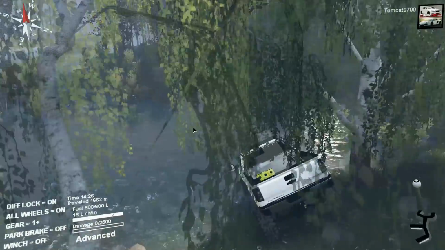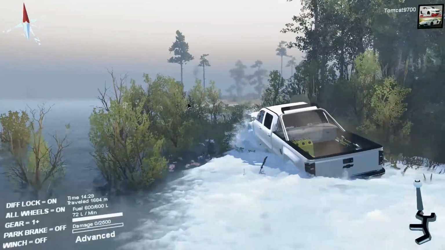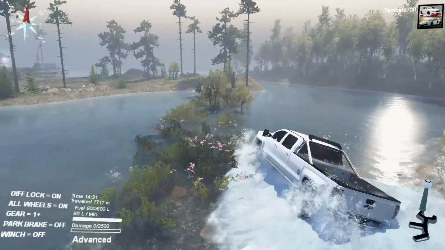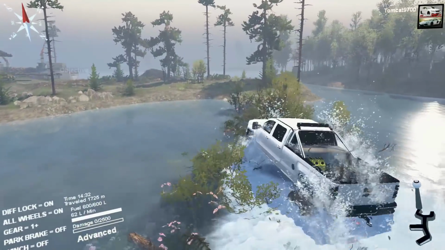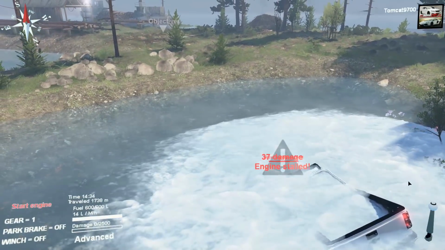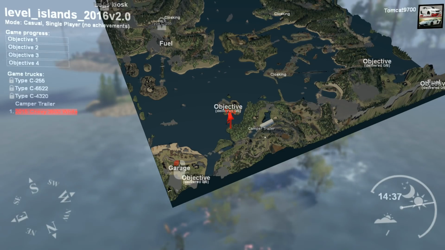Using the power. Should be able to get across here, no problem. God, even the cab goes underwater there. When they said this map was like an island map, they weren't kidding, because the water here is crazy deep. How? How the hell? It shouldn't be that...